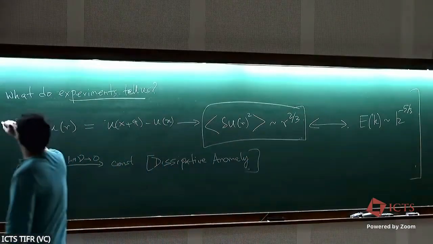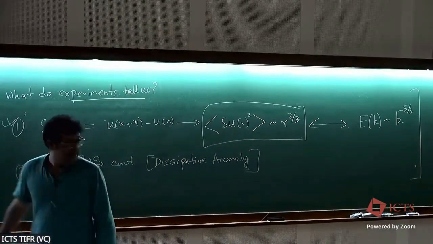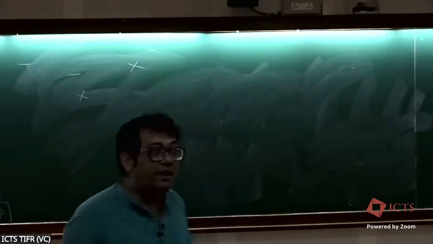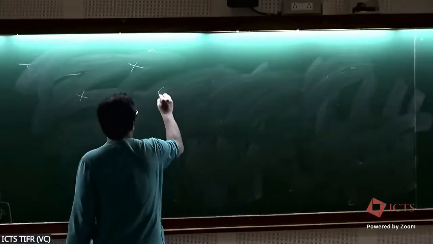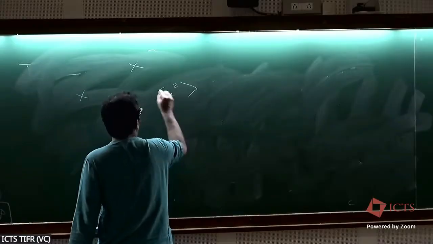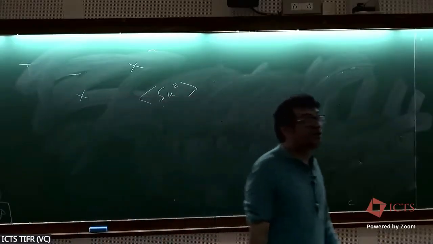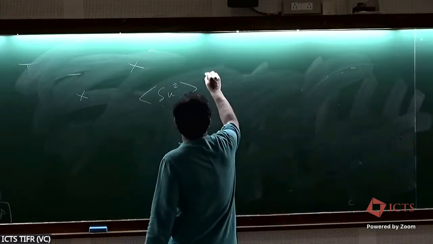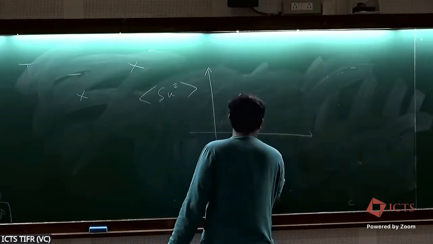So let's first look at this problem. What have experiments told us? Experiments have told us that in a turbulent flow, take 2 points labeled by crosses at a small separation r. And then if you calculate the square and average it over ensembles or over time, because it's in a stationary state, and then plot this versus r,